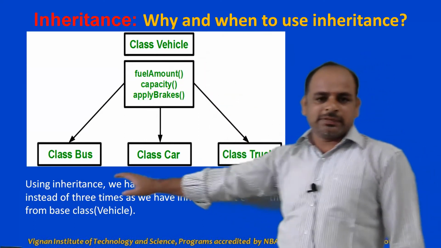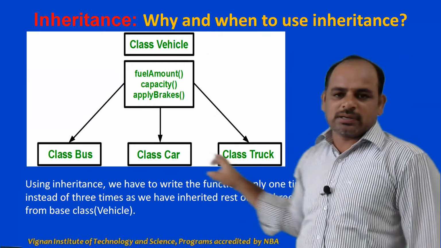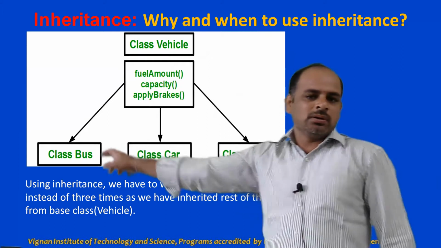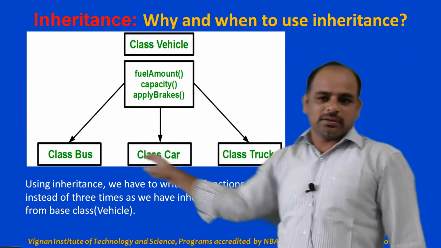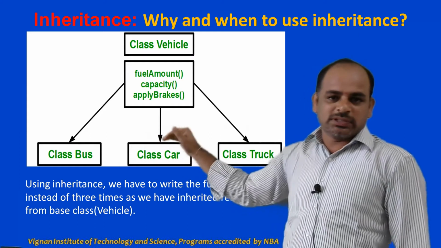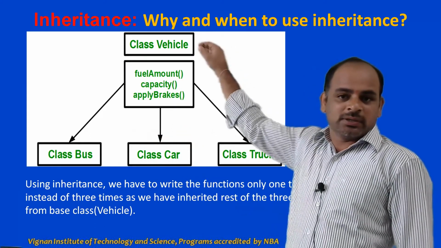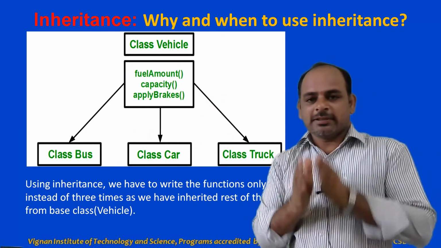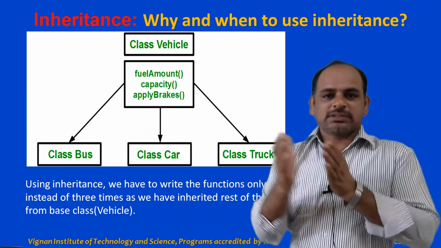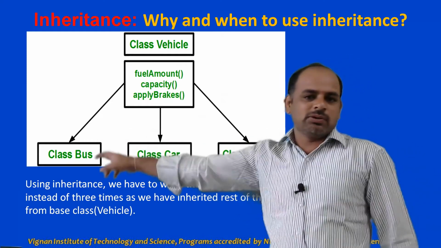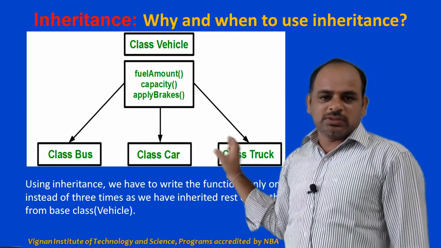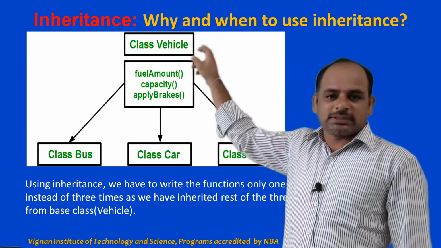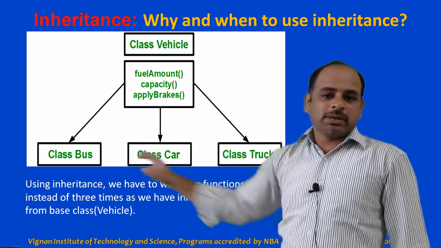After that, I derived three classes here: class bus, class car, and class truck. Basically these classes, bus, car, and truck, are called derived classes, or subclasses. These classes are derived from the class vehicle, so that, as per the definition of inheritance, the properties of an existing class are inherited into a new class. So these are the new classes: bus, car, truck. They will inherit all the properties of their parent class. What is the parent class here? The parent class is vehicle, and the child classes are bus, car, and truck.